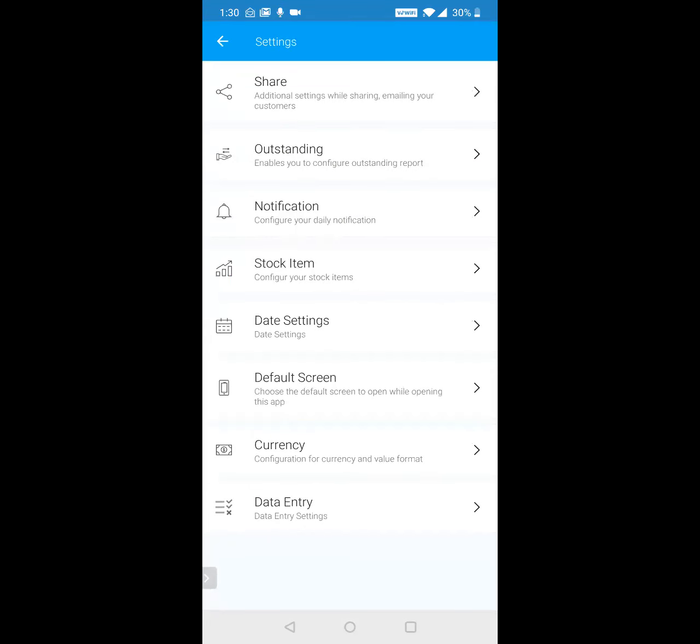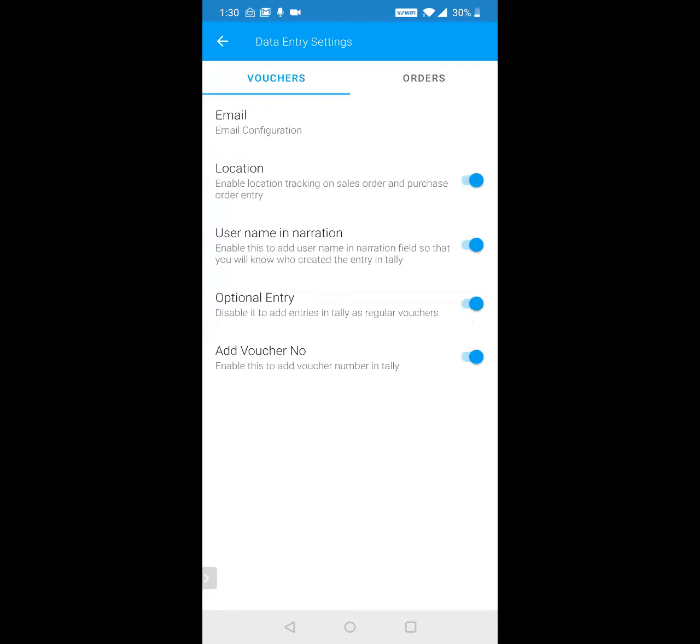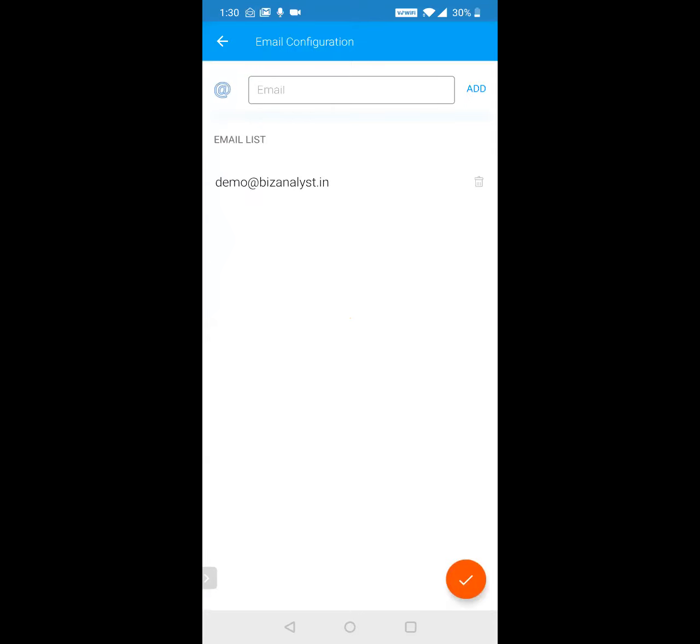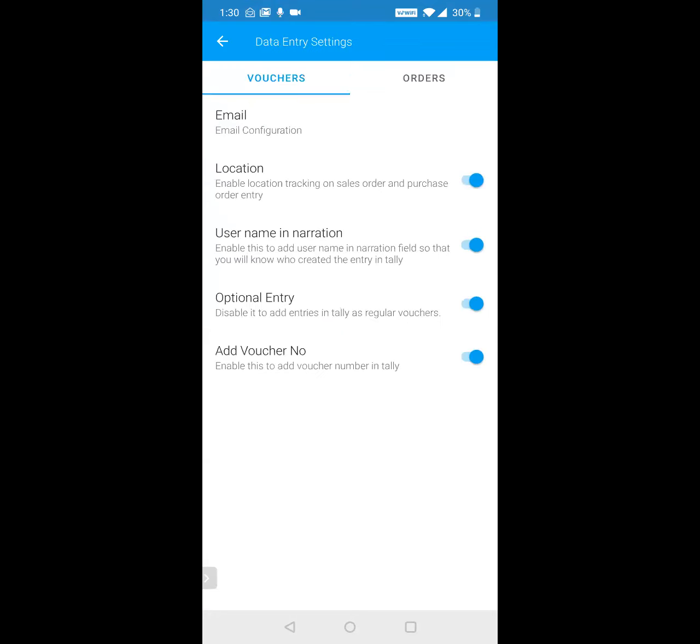Next are the settings. So you can view, there are a lot of different settings given here. And if we have time at the end, if you have questions regarding certain settings, we'll show it to you. But you can explore this more yourself. I'll just quickly go through some data entry settings because those are really important. So any invoice, order, receipt, payment that is created in the application, if you want a copy to go to your accountant or to yourself, you add the email address here. Okay, so there's this email configuration at the top, so you add the email configuration there.